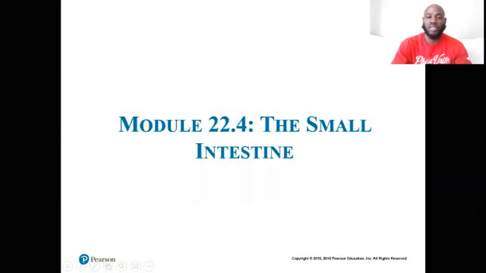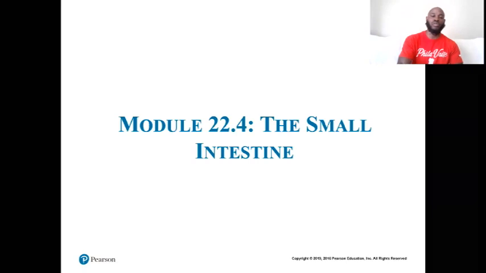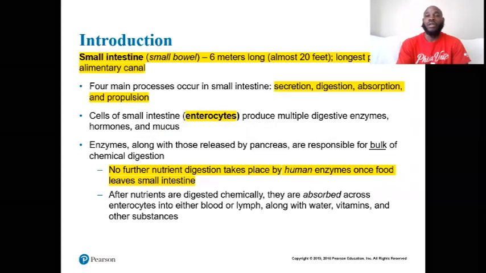Now we go into the small intestine. So we've gotten out of the stomach, we've gone from bolus to chyme, and now we go into the small intestines. We've gone from super acidic in the stomach. We try to reduce the acidity once we get into the intestines, and now we will get into further digesting and into absorption. All right, so